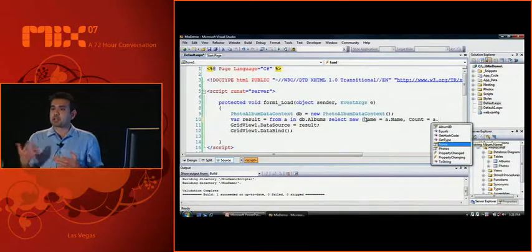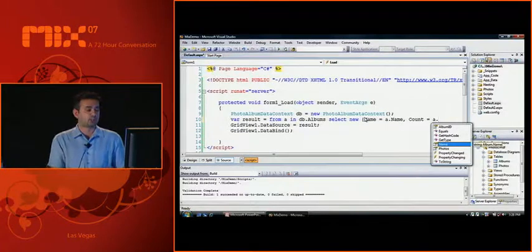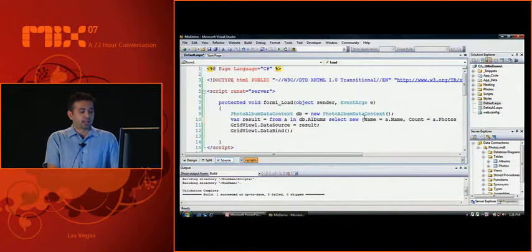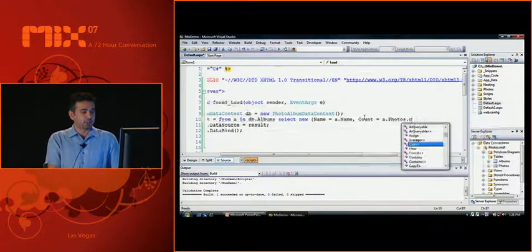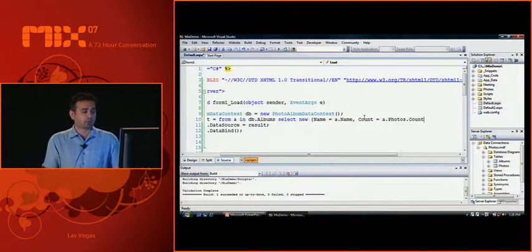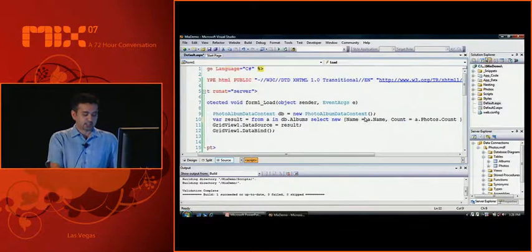But then let's say I want to define a field called count, and I can navigate down the hierarchy. This is what I was talking about, where the OR designer understands the relationships between the objects. So instead of the albums table, I can jump down to the photos table and say, show me the count of the photos table, and populate that field with the count from the photos table. So now that I've done that,